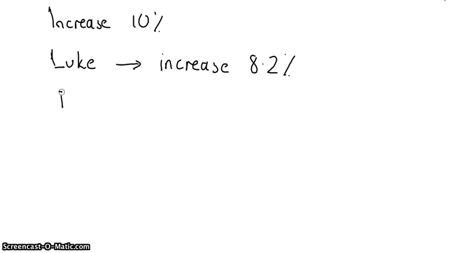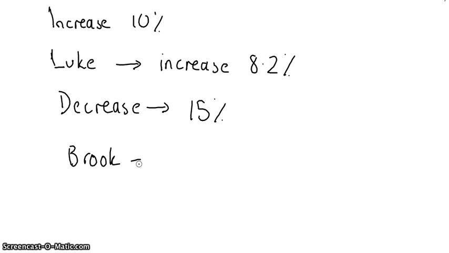Tish, a decrease by 15%. What's the multiplier? And Brooke, a decrease of 8.2%. What's the multiplier? Okay, the rest of you be trying to work it out, because I might just go,